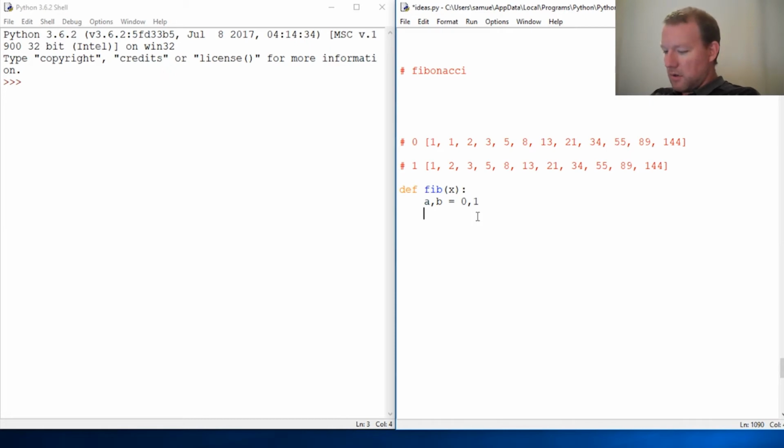So let's do tab, and let's do an empty list. This is the number of times through, and here's our sequence, 0 and 1. So we learned this with our awesome for i in range, number of times x,